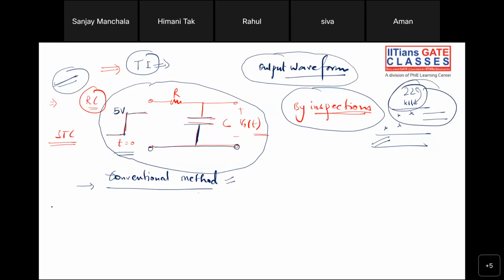Gaurav is saying that first we need to find the transfer function, then we will put some s value, take the inverse Laplace transform, then draw the output waveform. That will take around half an hour. From the moment you start answering, they will help you if you follow the by inspection technique. Today I will also let you know that if any amplifier is given, suppose a MOSFET amplifier or a bipolar junction transistor amplifier, they will ask you to find directly